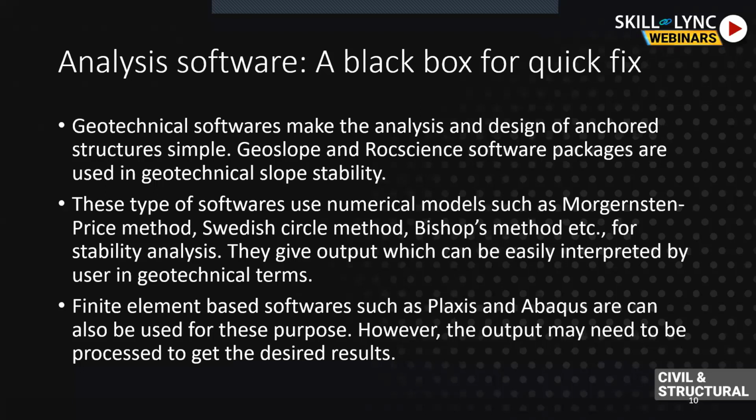We cannot get a specific factor of safety, but what we can do is somehow code it in Python, and then by doing some post processing and pre processing, we can generate the overall resisting forces and the driving forces that might be causing some safety issues, and then we can get the factor of safety based on this ratio. So there are methods, but the easiest ones are RockScience and Geoslope based on my knowledge. I'm not saying that there are not other softwares. Let's just move on to the software demo.